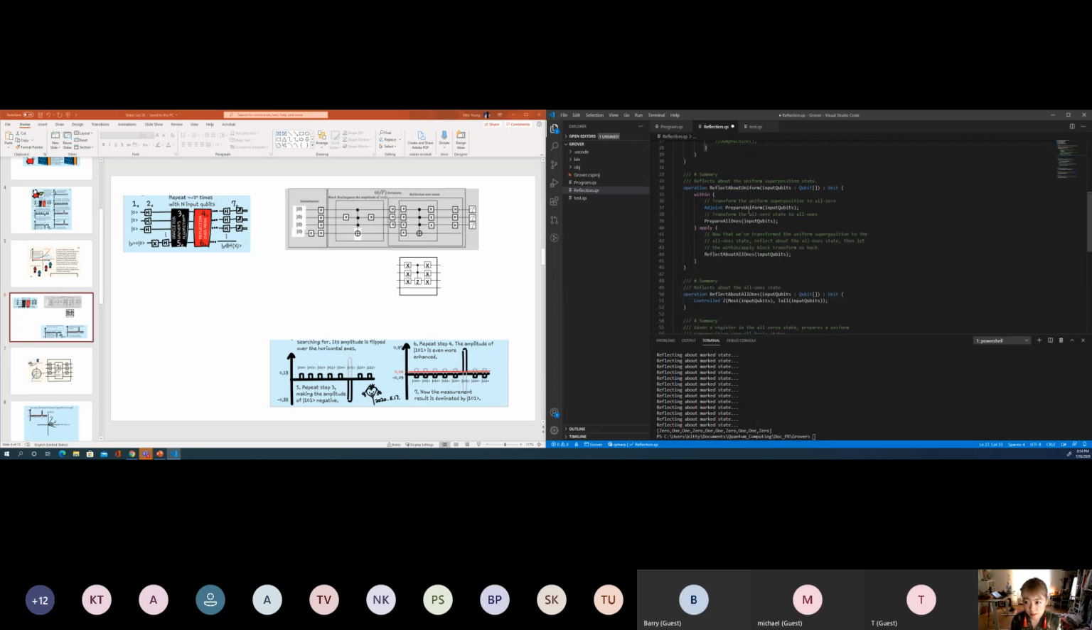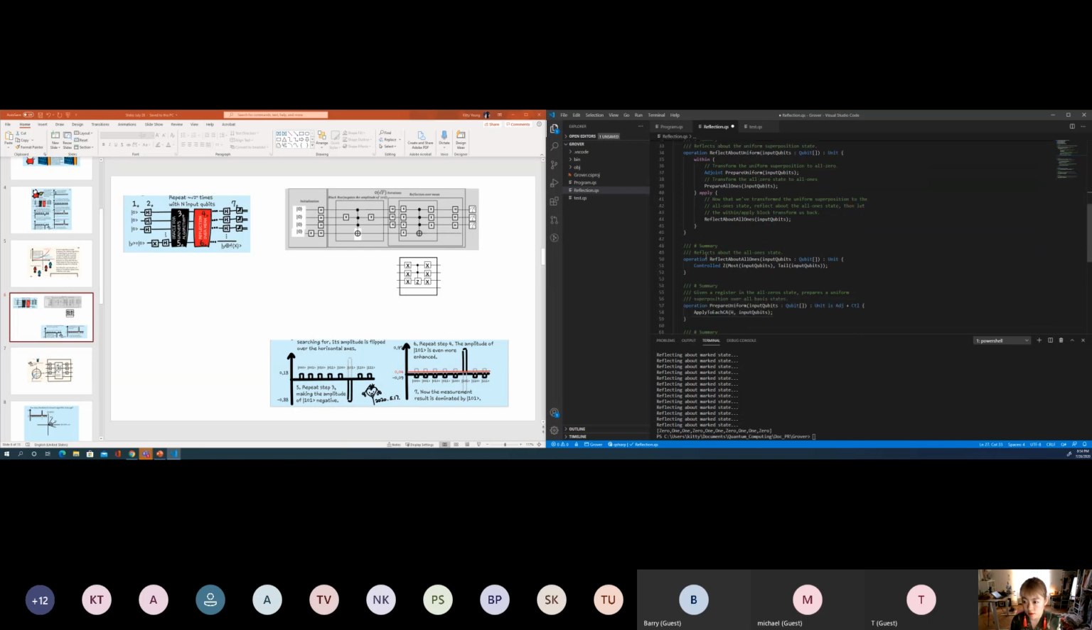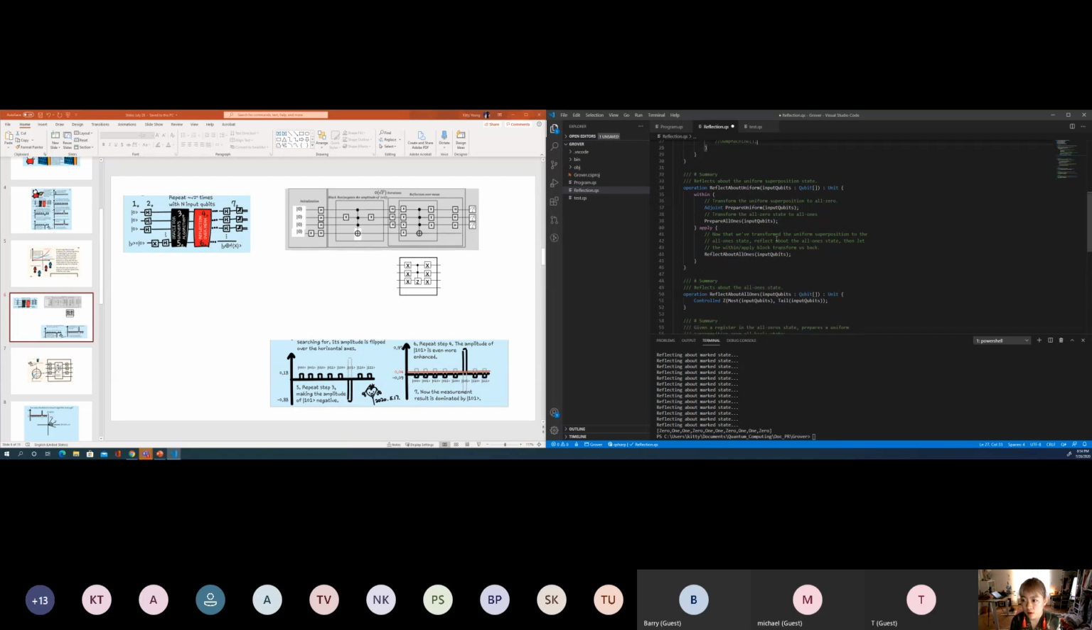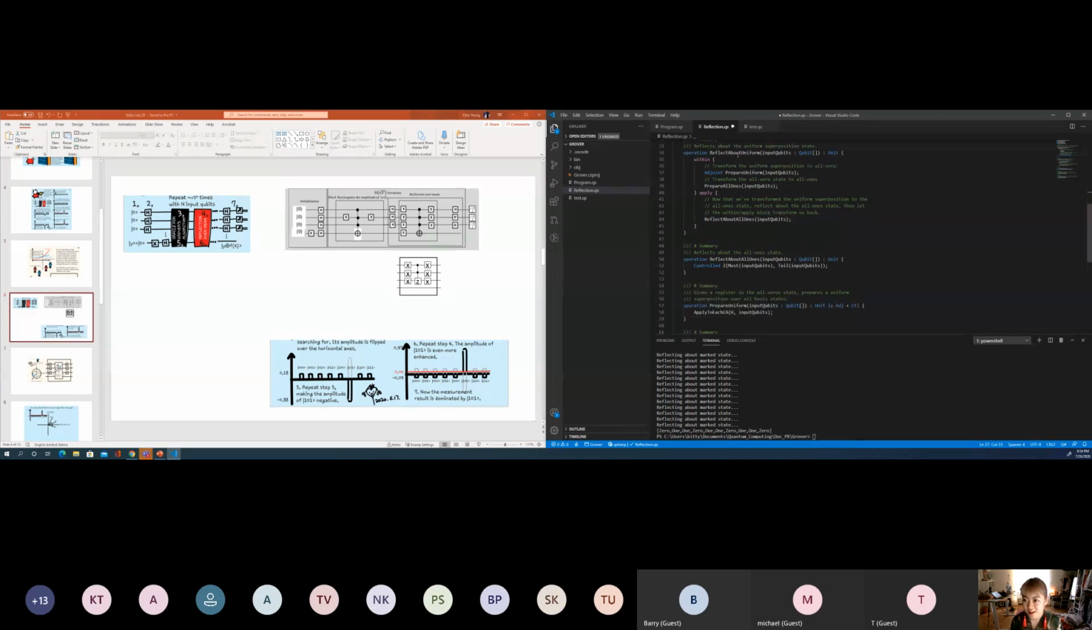Then there's the reflect about uniform, and it has several more definitions below. Reflect about uniform here is doing an adjoint prepare uniform. So it's preparing the input qubits. And what prepare uniform is basically, again, applying all the H gates to all the input qubits. And then prepare all ones. So the all ones is defined here,